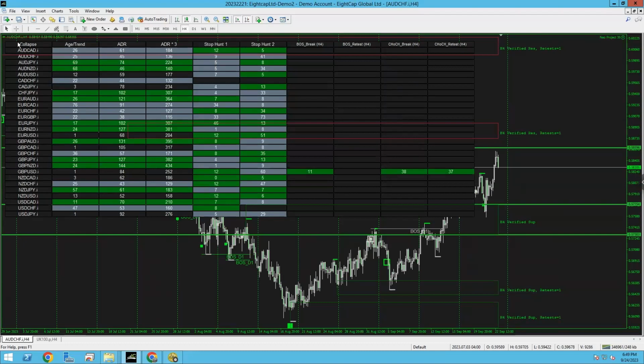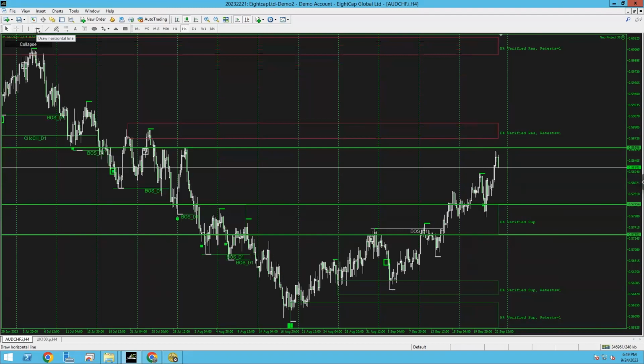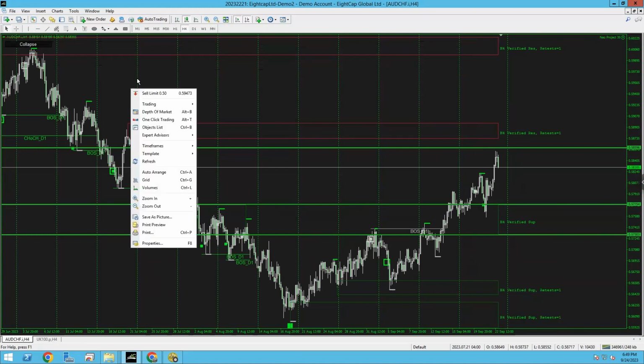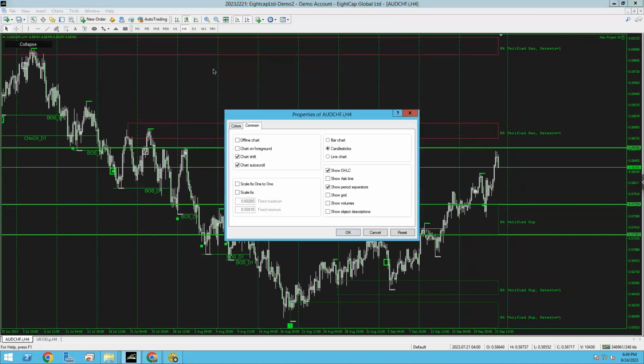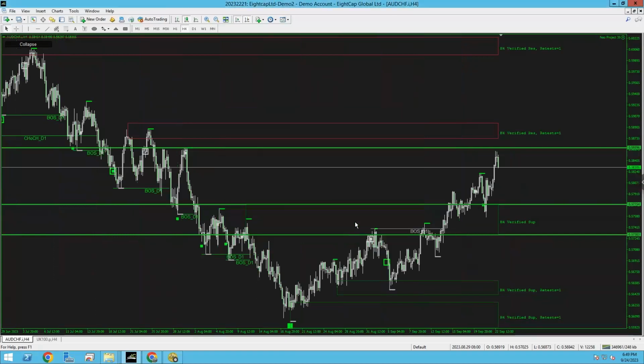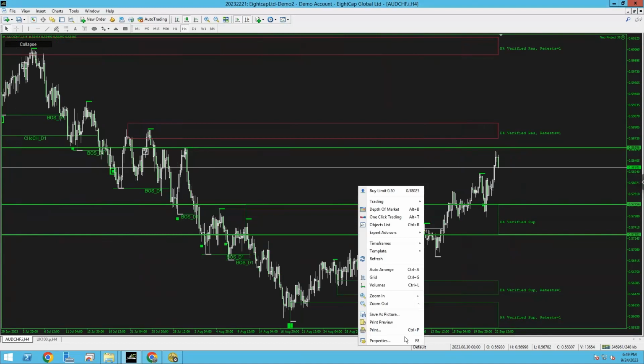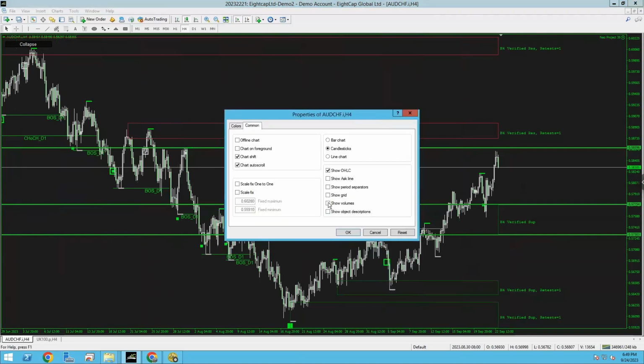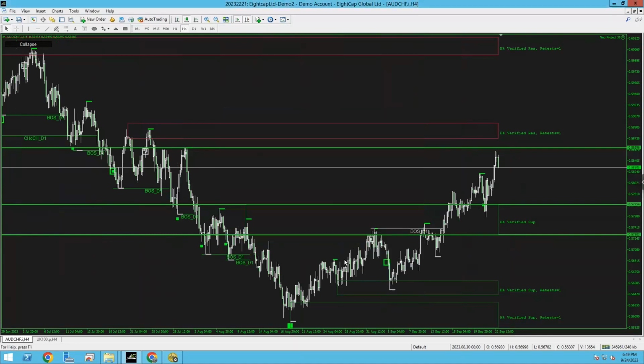How do you get vertical lines in your chart? You've got to go to this over here, right up there. You can look at the top left of my screen. Look, it says draw horizontal. Sorry, you're talking vertical line. My bad. You need to go to your settings, down here, properties. And then in properties, you need to go to show period separators. If I switch it off, they'll come off. If I switch it on, look, you see? Properties, show period separators, and switch them on.